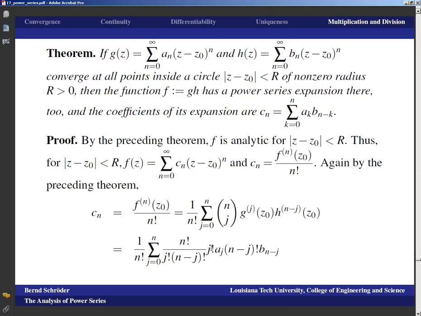Now we realize the j factorial cancels, the (n minus j) factorial cancels, and the n factorial cancels, which means we get that this is the sum j equals 0 to n of a_j b_(n minus j), which is exactly the same as here, only that up here I used k as a dummy variable. And this is one of those cases where Churchill and Brown are really interesting, because the formula for those coefficients of the product really comes out very naturally here, and without the background in complex analysis, these formulas are a good bit harder to motivate for infinite series, and even harder to prove.